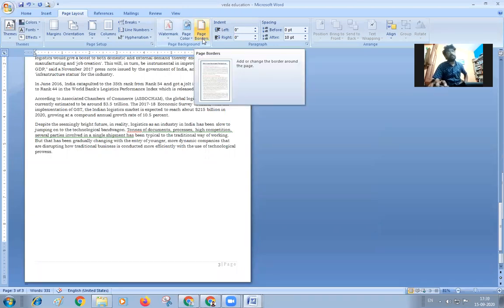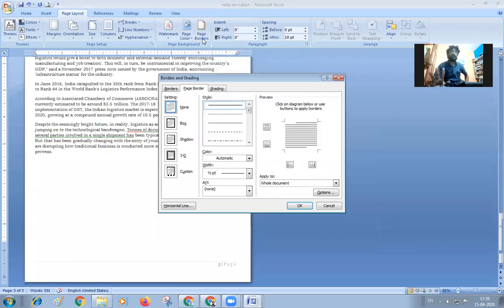And we have one more thing called page borders. This is also an important one in order to make things attractive. Sometimes in the examination, we draw the margins with colorful pens and colorful sketches to make the page look attractive. The same way here also you can make it. You can draw a box.